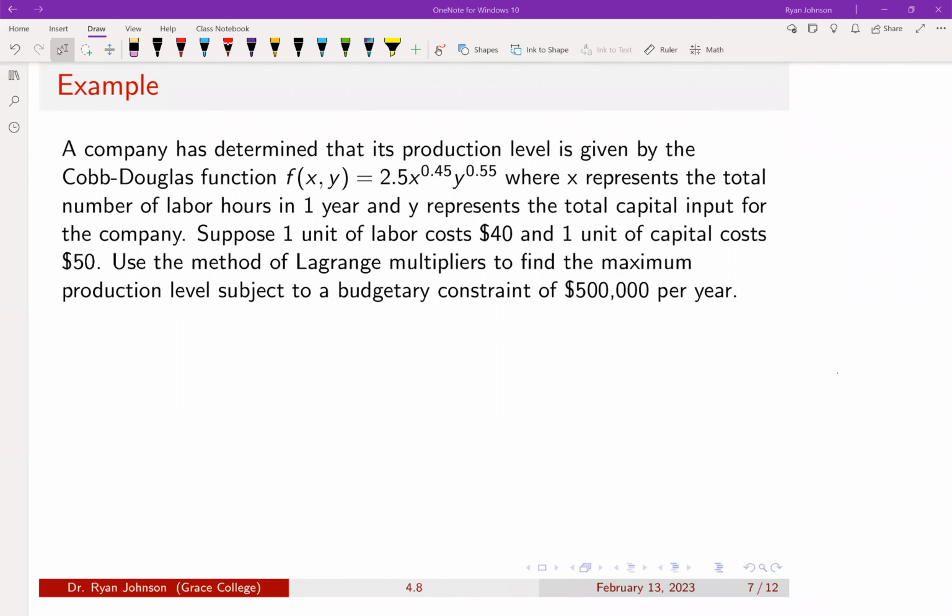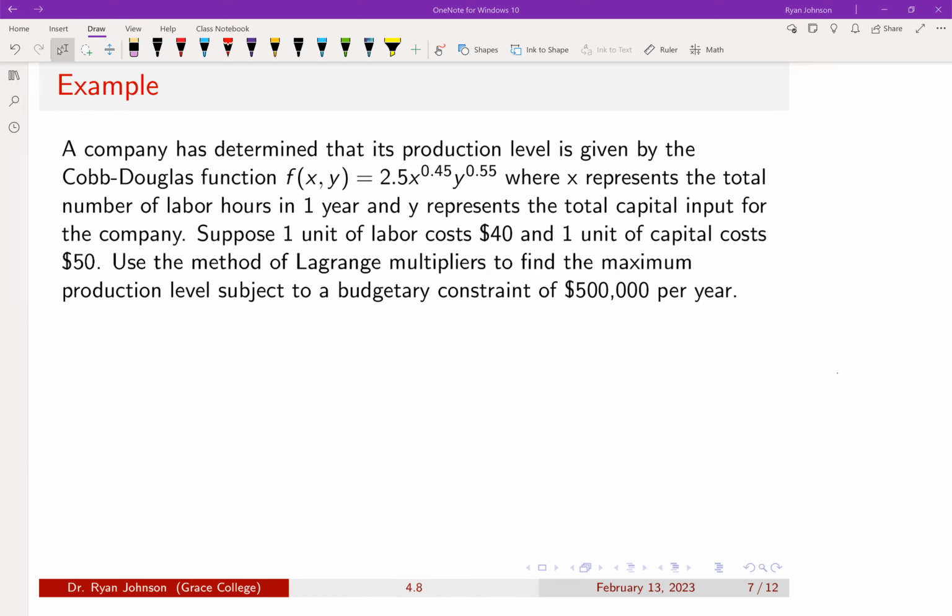Okay, class. Now we're going to do another example. In this case, we have a story problem, but it's not much of a story. It's a company that is unnamed, has a determined production level, and it doesn't tell us what they're producing. It's given by the Cobb-Douglas function f(x,y) equals 2.5 times x to the 0.45 times y to the 0.55,